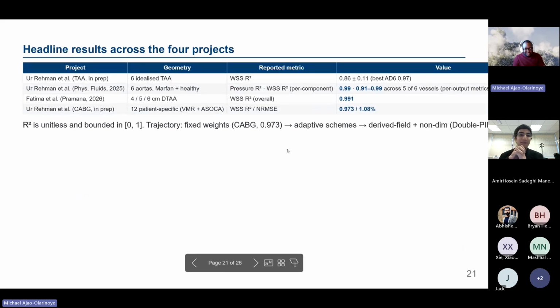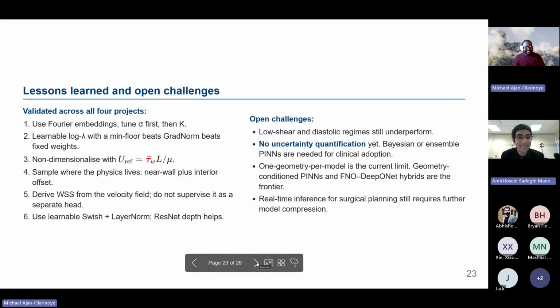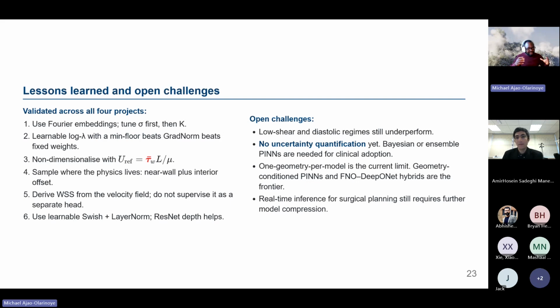Okay, I think I'm getting to the end. So we got good results for most of these projects, and I think one of the important things to end on, we are now thinking about the next method, which is mostly transfer learning: using one geometry to be able to predict another geometry, which is a very important thing that we are trying to look at now. We're able to replicate each of the geometries, but now can we train on one and then use that to estimate the other geometry from it and also get a real-time sample of systolic and diastolic predictions from the PINN. So thank you,